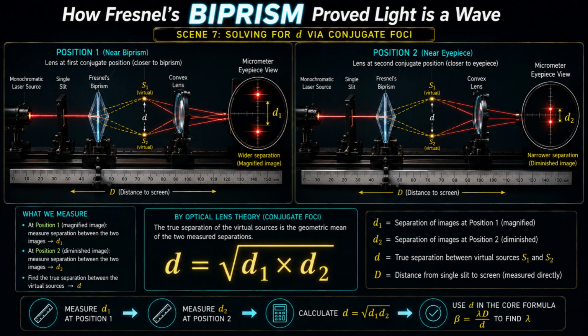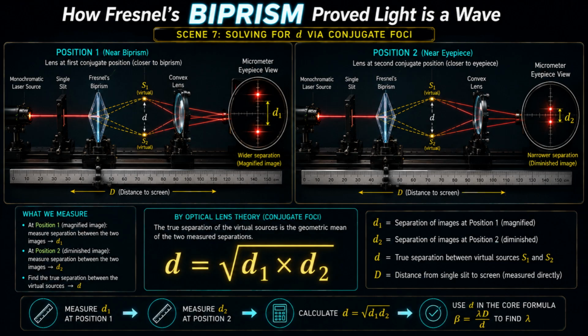At the first lens position, closer to the biprism, we observe a highly magnified image of our virtual sources. We use our micrometer eyepiece to measure the distance between these two bright image points, recording this value as small d with subscript 1. Next, we slide the lens further down the bench to its second conjugate position, closer to the eyepiece. Here, we observe a clearly diminished image of our sources, and we record this smaller separation distance as small